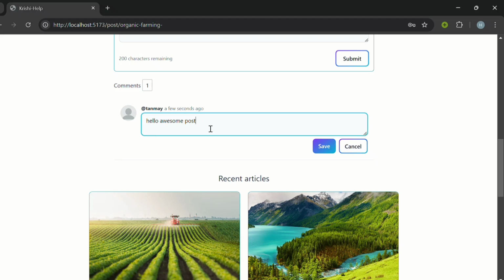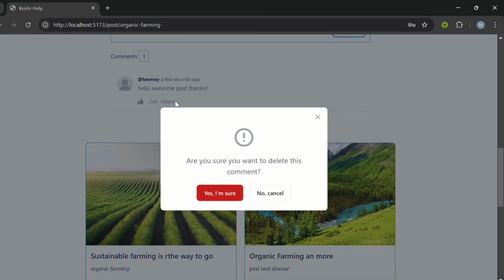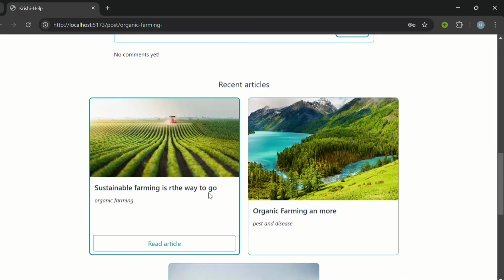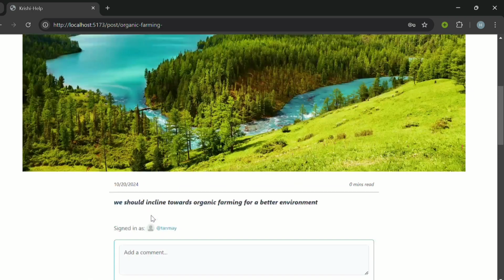Let's add a few thanks explanations and save it. We can also delete these comments. There's a cool pop-up. Now let's re-add the comment so we can see the comment on that post later. Let's add it again. So again it's visible.